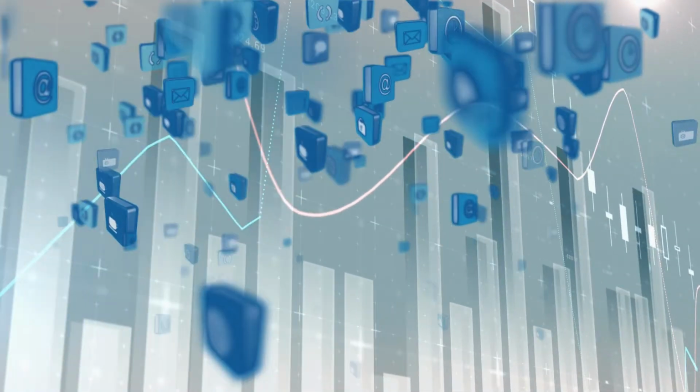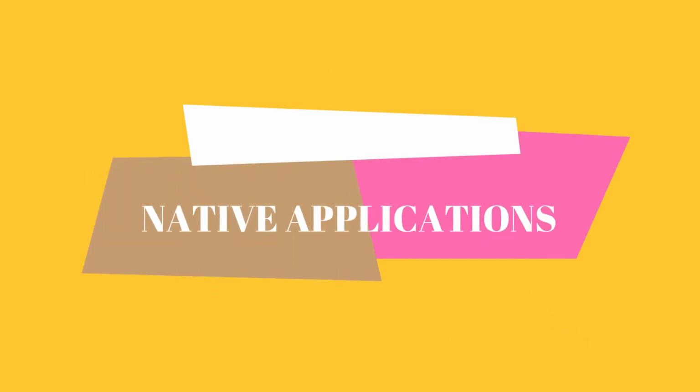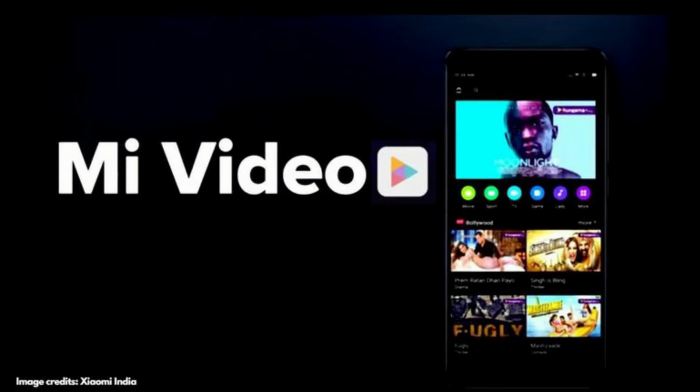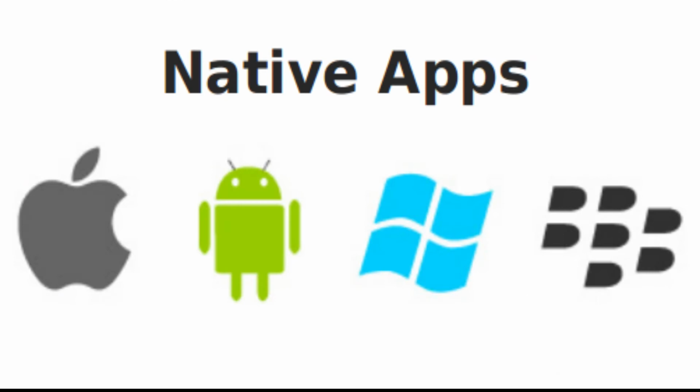Let's understand these applications one by one, starting with the first, native applications. Native applications are software programs which are native to a particular device and its operating system. These are viewed as a common type of apps. These applications are stored in app stores like the App Store, Play Store, etc. on a mobile or tablet. Native apps are programmed in environments like Xcode for iOS and the Android SDK.